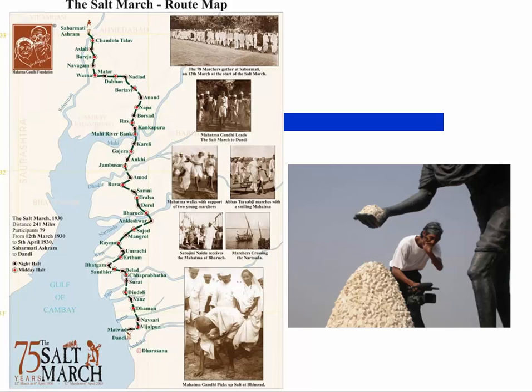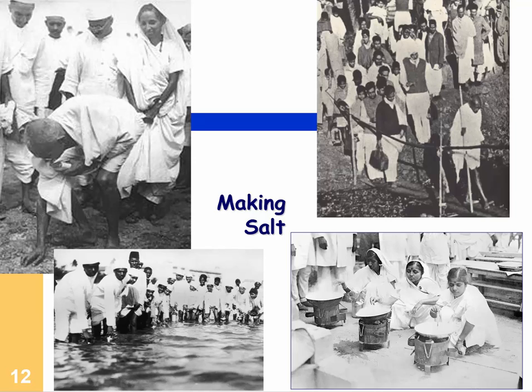And then he encourages other people to begin to make their own salt. Gandhi, again, is arrested and thrown in jail on April 6, 1930. The participation in these salt protests was really strong amongst women and business owners. But Muslim participation was kind of low, so we're still seeing that there's a difficulty in gaining Muslim support for these movements.